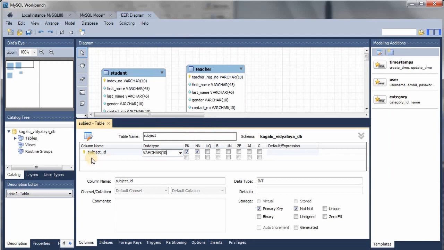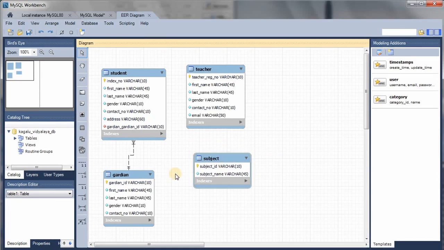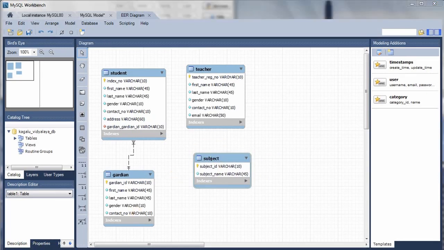Okay, let's create the last attribute, subject name. It has a character length of 45, and I'm going to check the not null checkbox. Here we created the two tables called teacher and subject, and as we talked earlier, these two tables have